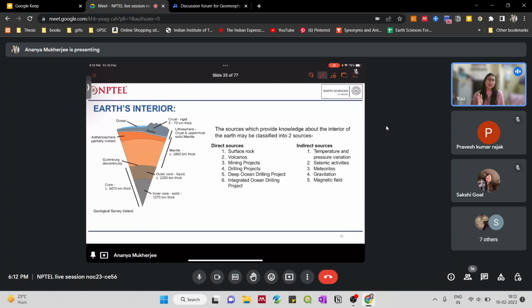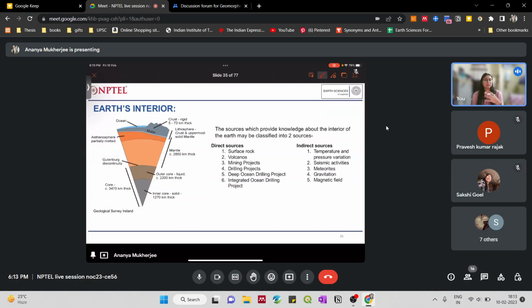But the limitation of direct sources is obviously the depth. We cannot go deeper than a certain depth because of the limitations of our technology and also instruments. So what we base our knowledge about the Earth's interior on is the indirect sources. What are the indirect sources? Indirect sources are measurements of physical properties of the Earth's interior that we take on the surface. We will physically not go to the depth, but we will try to measure the different physical properties